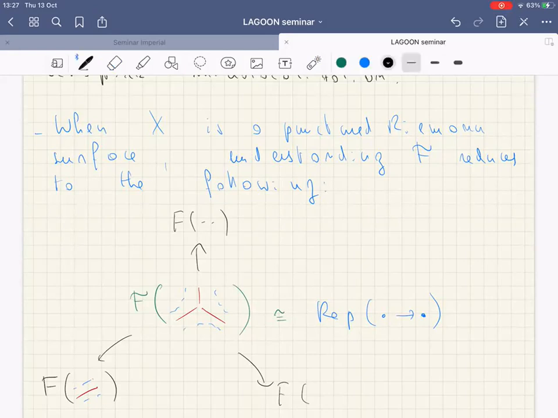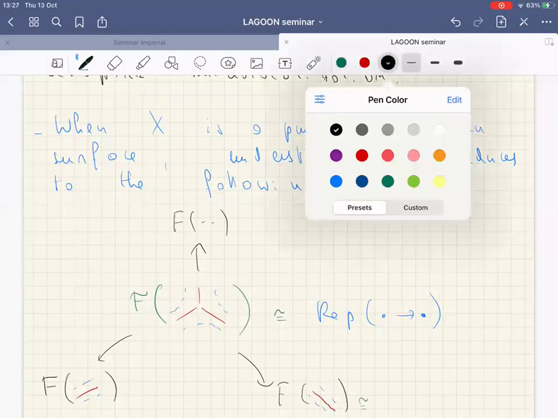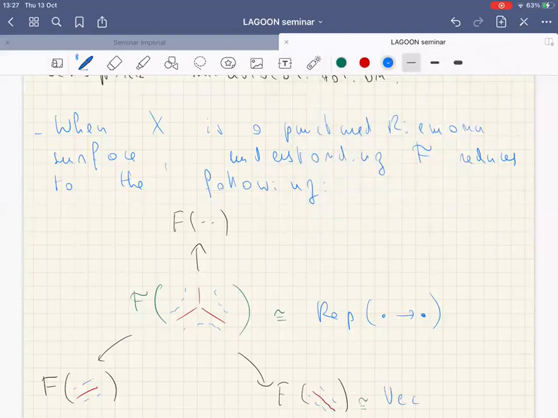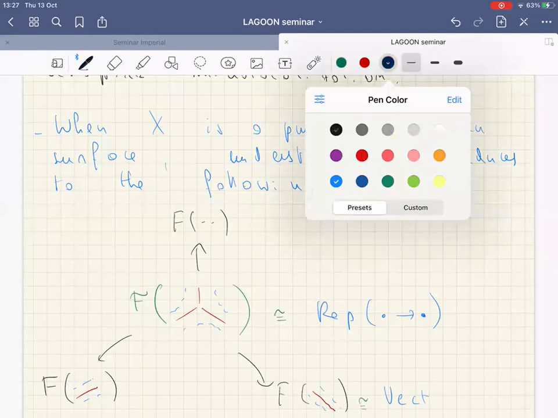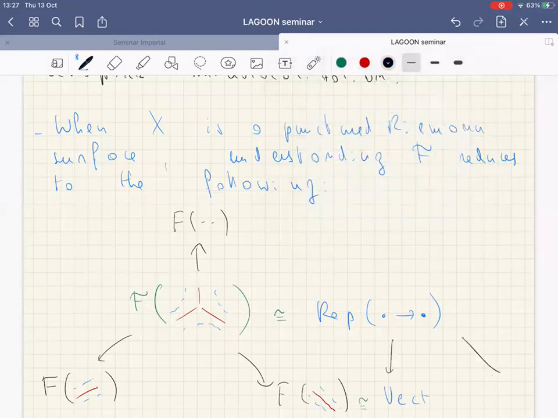So yeah, so you only need to understand its sections on a trivalent vertex, and then you need to understand the